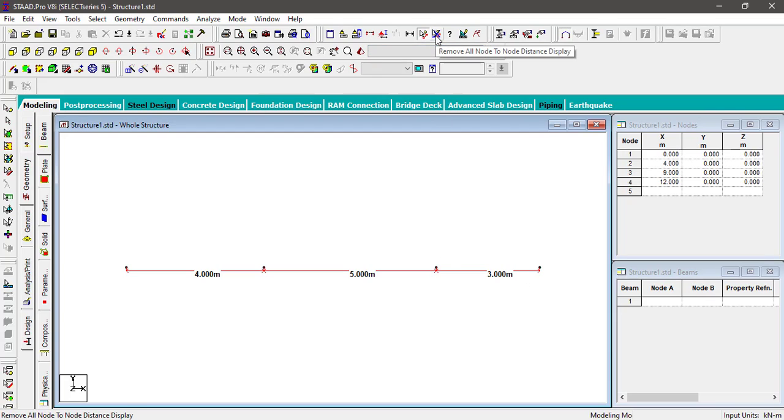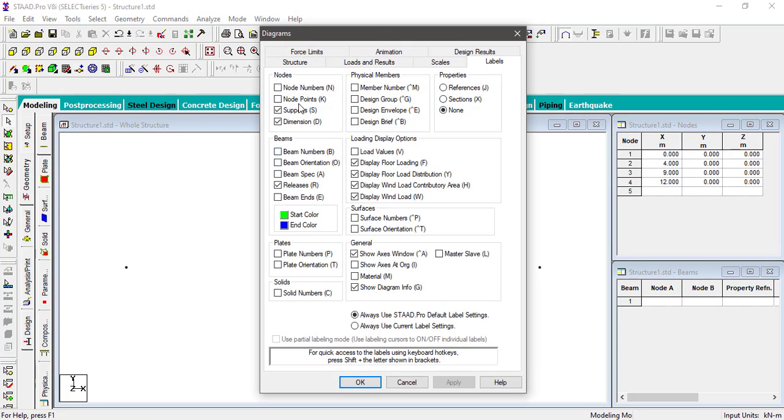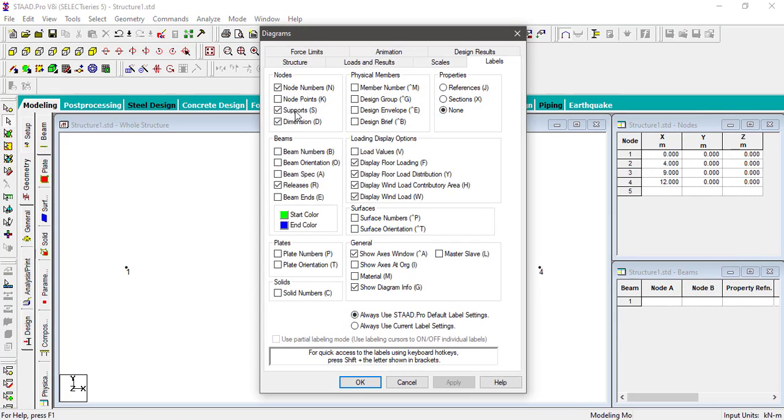I can remove these dimensions, and if you want to know the node numbers, just right click and select labels. If you put no numbers on, you will get no numbers. I will remove the numbers.